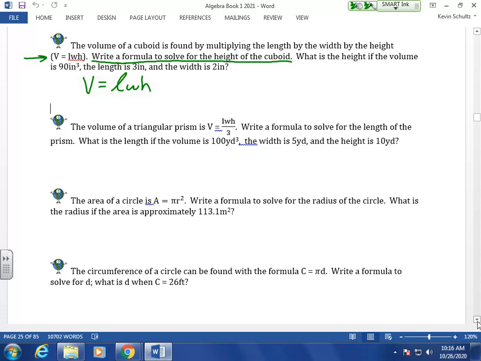But right now we haven't read the last question. We don't know what the values are for the length and the width, right? If we did, we would multiply them together and then do what? Then we would take the volume divided by that value, right? But not knowing what those values are, we can't multiply the length and width together,